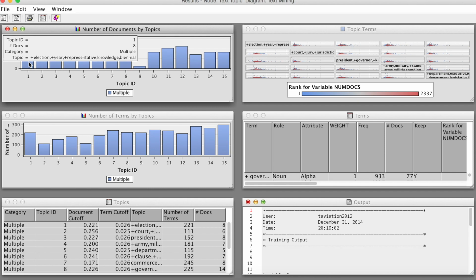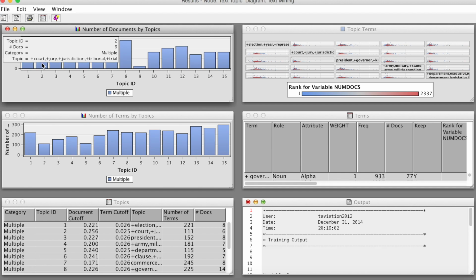For example, we see topic 1 with 8 documents assigned to it. The category is multiple. The topic shows terms that describe the topic, such as election, year, representative, knowledge, etc., which are closely related. Topic 2 has 6 documents, and the terms that describe the topic include court,